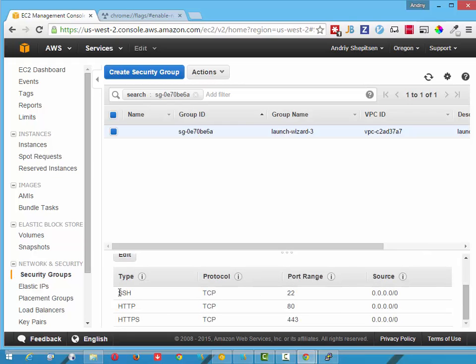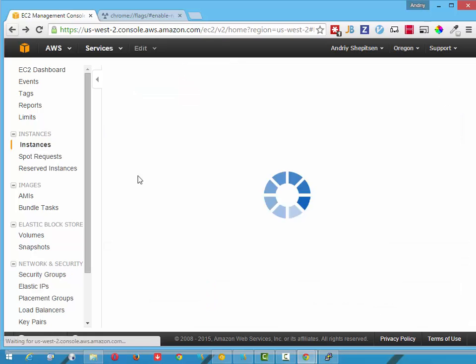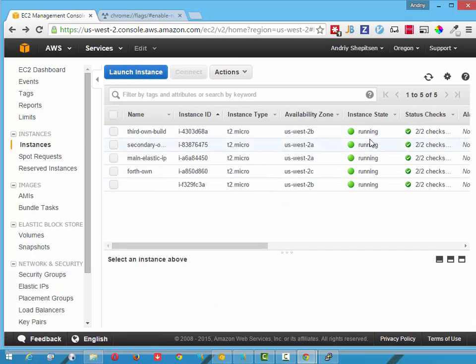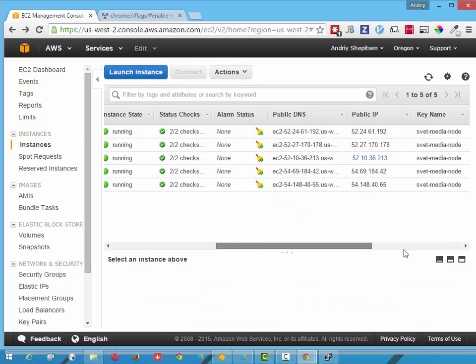SSH has to be there by default, because this is the way I connect to the instance, and I need to open at least these two ports from any source. So I can take this IP address,